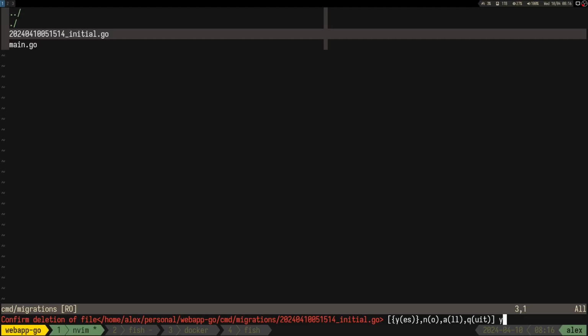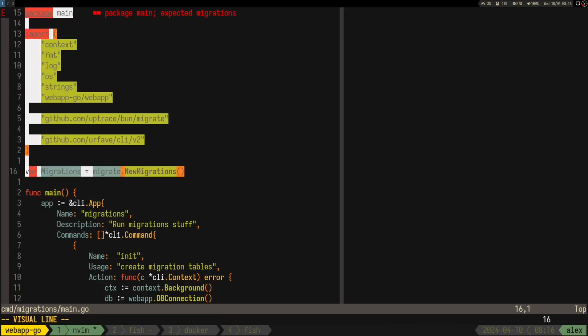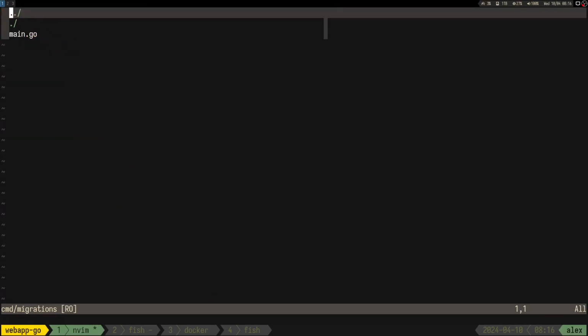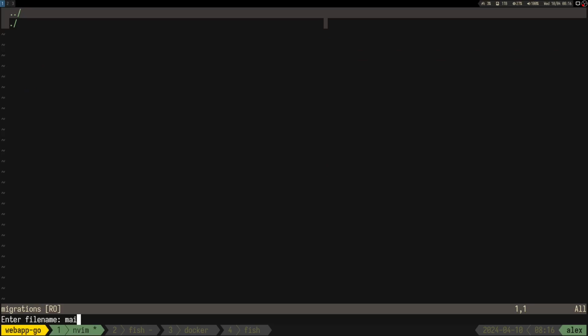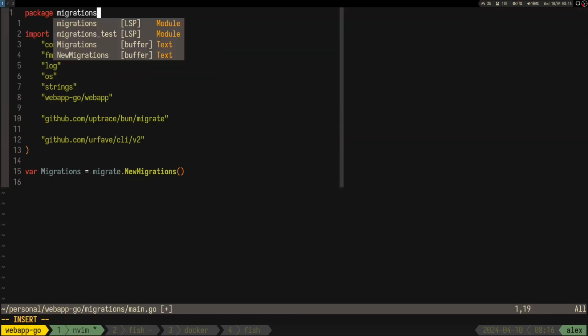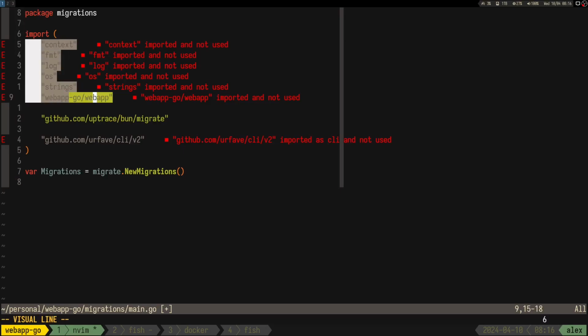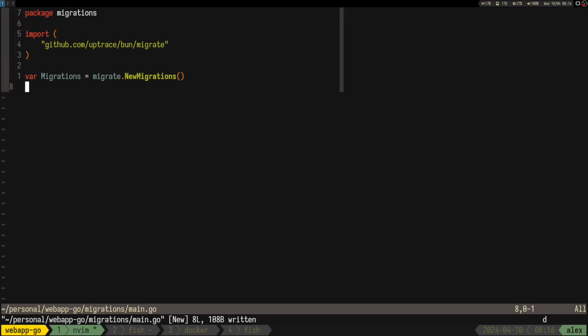So let's delete this one. We don't care about it. This can stay as package main, but we are gonna steal this thing, right? And we are gonna go in here, main.go. This is gonna be called migrations. And we only need this part,